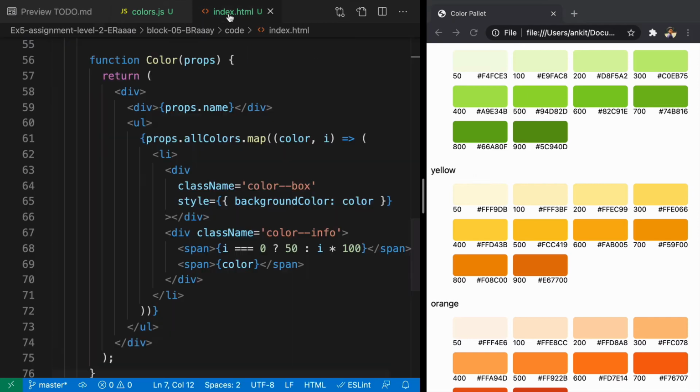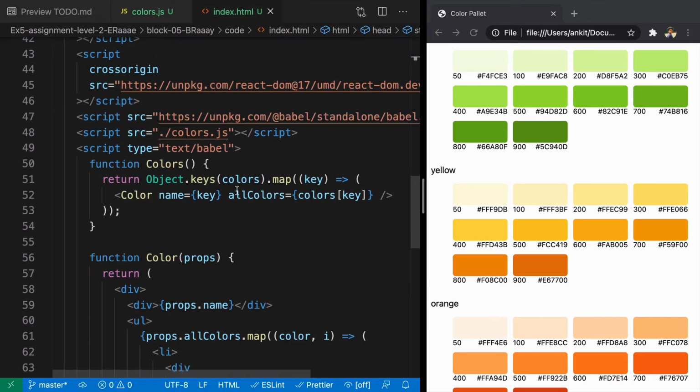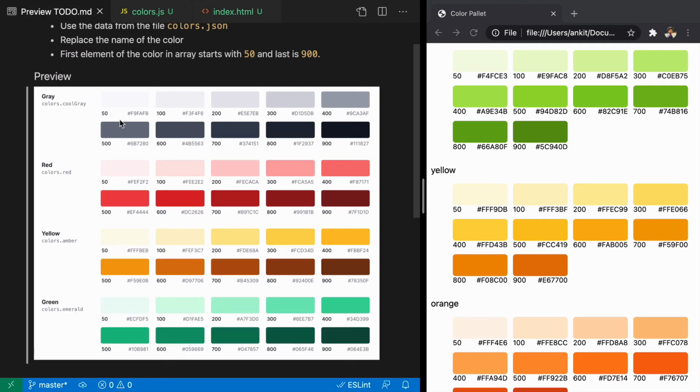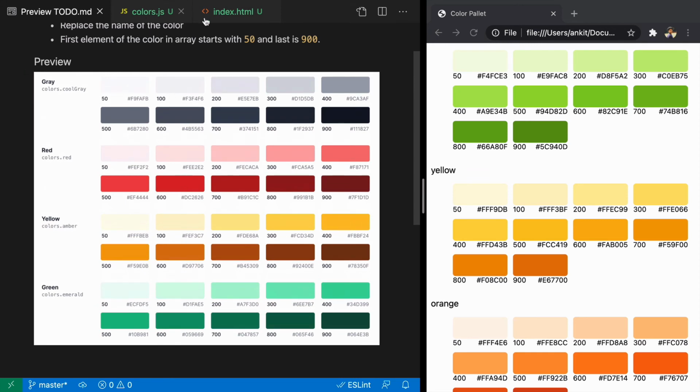So in this way, we have completed this exercise. So let's go through this code to understand how it is working. The first thing we always do whenever you're working on any application is look at the layout and first try to understand how you're going to break it down into components. So when we look at this, we can see there is going to be one major component, and that component is the colors component. And it consists of multiple color components, and one color is responsible for displaying this sidebar and color on the right hand side. Similarly, here we have red, and here we have multiple colors. So that is how we went ahead doing this.